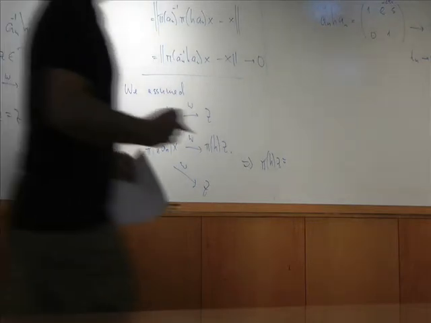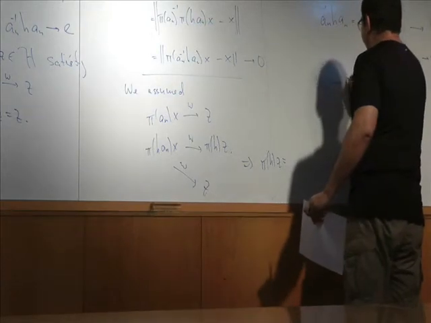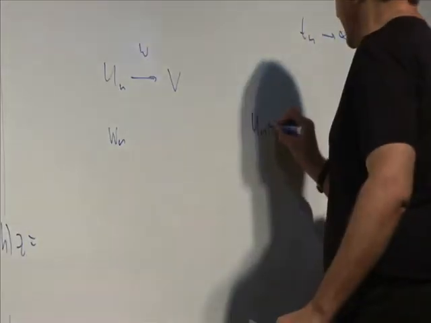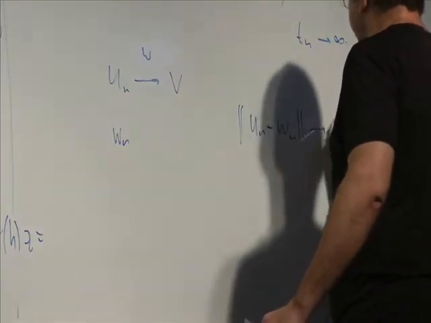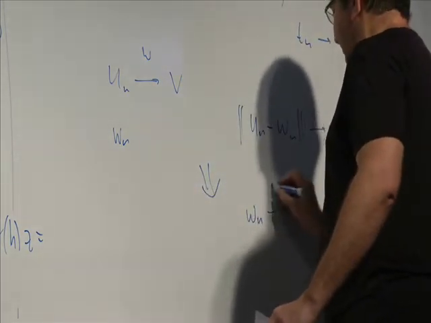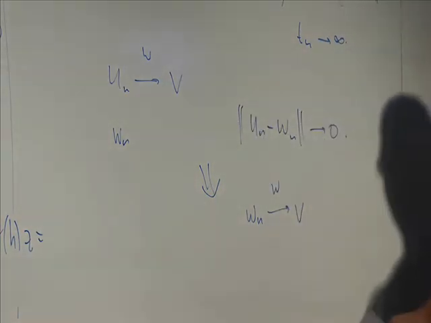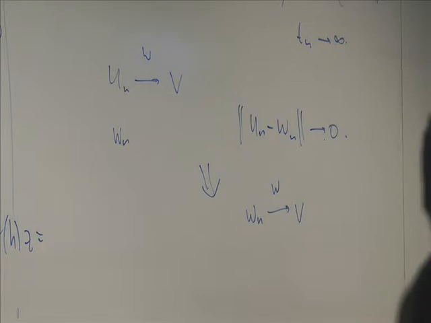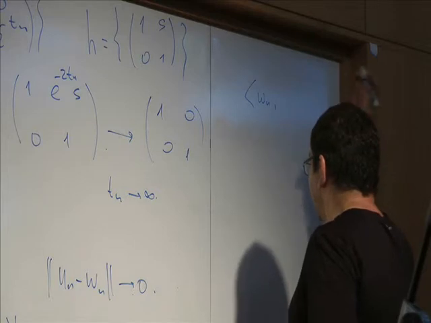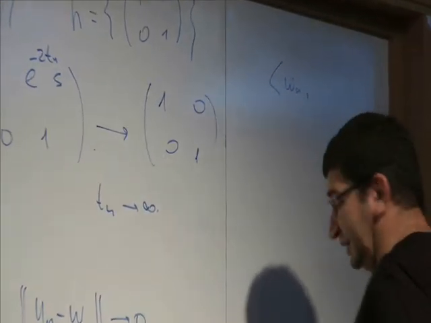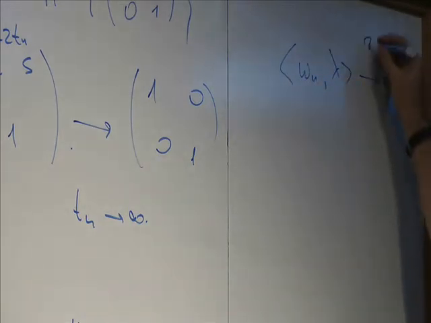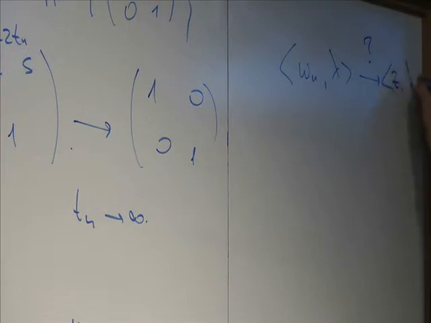So I think of it this way: un converges to v weakly, and there is another sequence wn, and what you know is that the distance between un and vn shrinks. Claim: this implies that wn also converges to v weakly. What do I need to do? I need to check the inner product of wn against arbitrary, I ran out of letters, p, lambda.